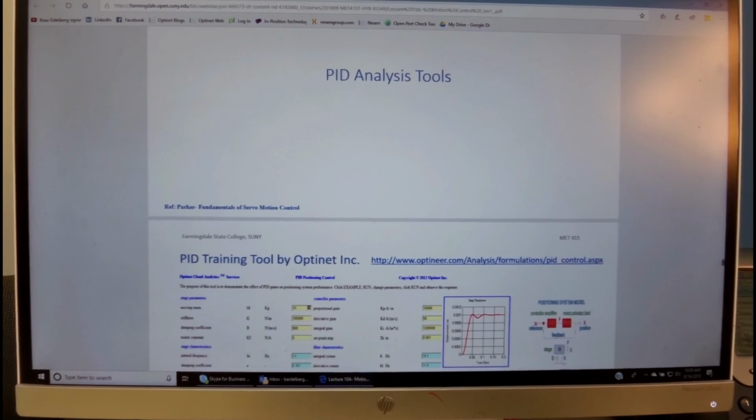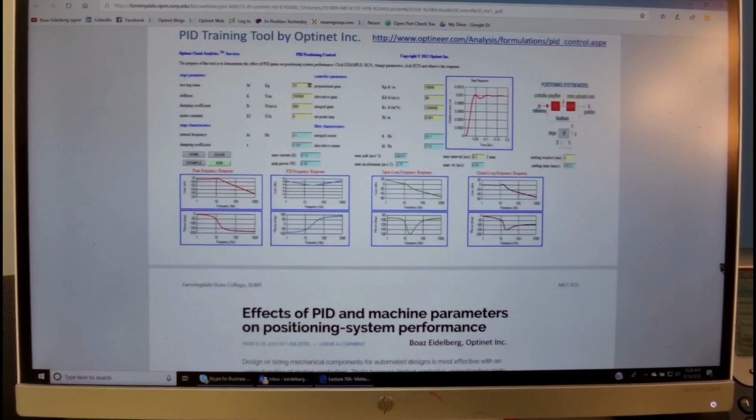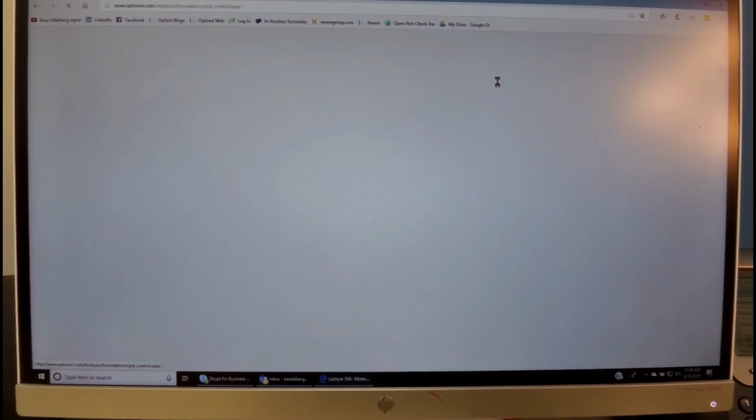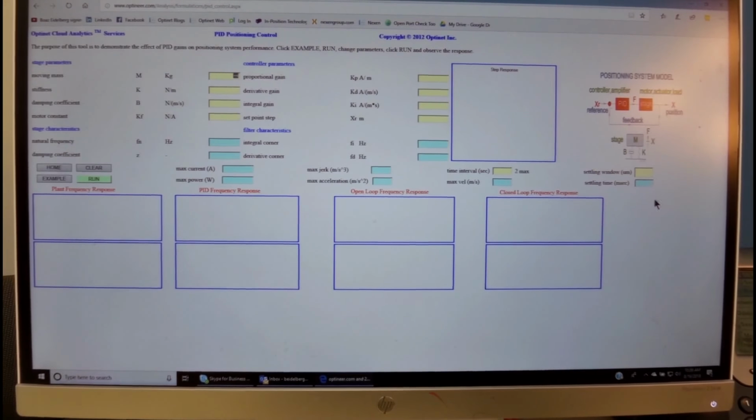The analysis tool that I developed is shown over here, and in this example, we could click on that and it will take us to a website where we could actually practice PID setup by changing the values in the yellow boxes and observing the results in the blocks over here.